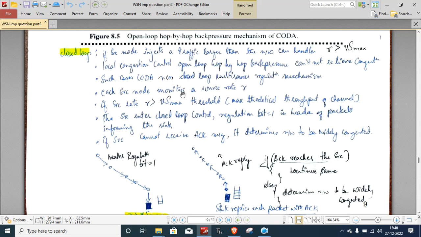Each source node monitors a source rate R. If source rate R is greater than the Vs max threshold, that is the maximum theoretical throughput of the channel, the source enters closed loop control, where the regulation bit will be set to 1 in the header packet informing the sink. If the source cannot receive an acknowledgement message from the sink, it determines the network to be widely congested.